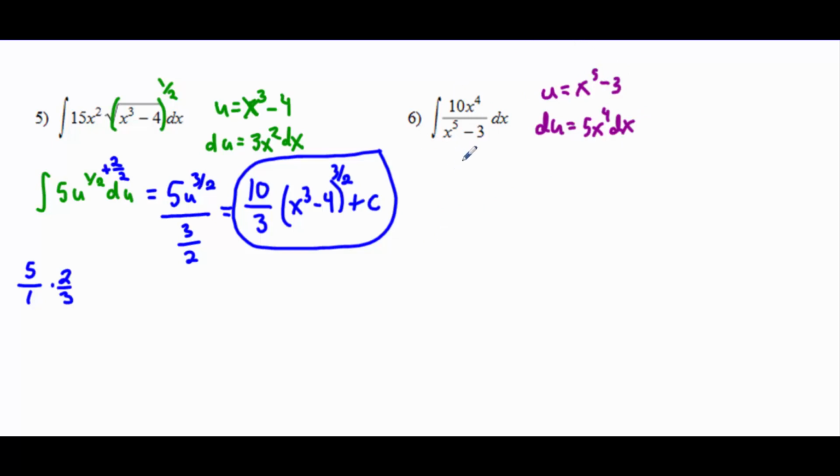If u is x to the fifth minus 3, that means u is going to be on the bottom of our fraction, and on top is whatever 10x to the fourth divided by 5x to the fourth is, which is 2. Now, if you try to power rule 2 over u, you run into some problems and end up dividing by 0. Whenever you have just a regular u on bottom, this is a natural log problem. This is 2 natural log of the absolute value of u. Then we put back in what u was and get 2 natural log of x to the fifth minus 3